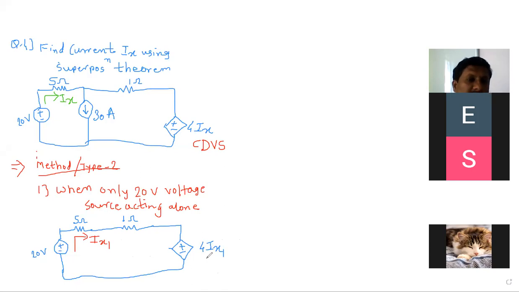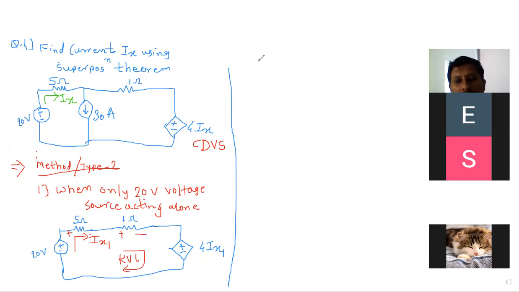Are you getting my point? So this presence of mind should be there, की इथं जर ix1 केलं की इथं पण चेंज होणार. इथं जर ix2 केला तर इथं पण ix2 यायला पाहिजे. That presence of mind you should have. Then and then you can solve such type 2 problems. Okay. Now this is a series circuit, and in a series circuit we can easily apply KVL in a clockwise direction. According to ix1, this is plus minus. This is plus minus already given. So apply KVL in clockwise direction.